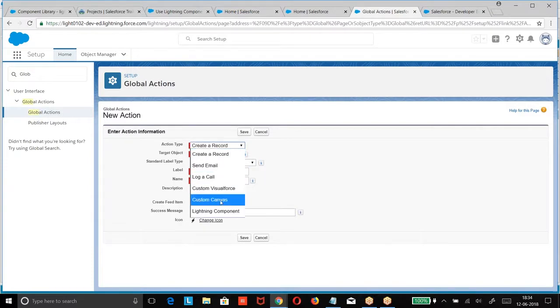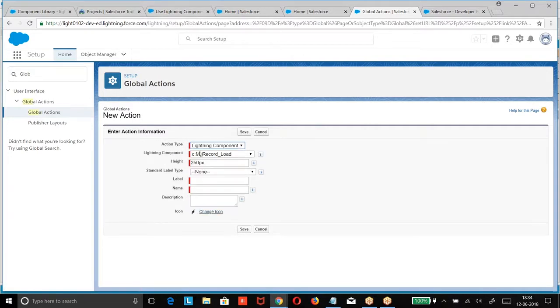Here we had custom. What is it? Lightning component. This is a custom Lightning component. Automatically, what happened here? My record load. Why is only this coming? Look at this. Whichever is implementing that action, you are going to get as a Lightning component, my record load.